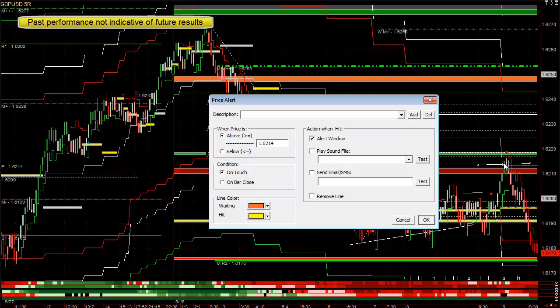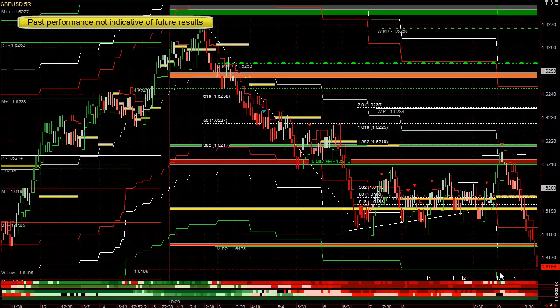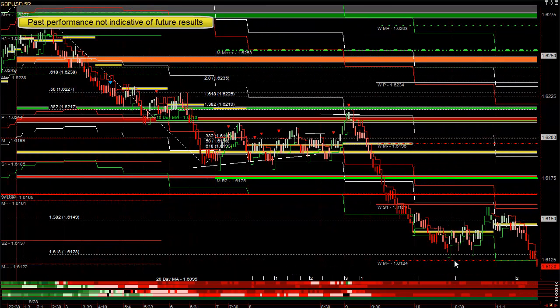You can come back. You can see it got hit here. It took about 5 to 6 minutes before it started to go down. You had plenty of time to get to the computer, pull the trigger, and you made 10, 20, 30. And as it's going down, the bars are red. It is down here near the lower band. Here's the previous day's low. In this case, it went down a little bit, considerably more. So if you use your fib target